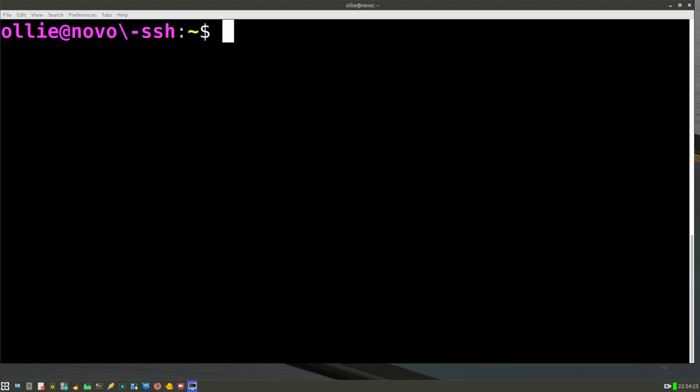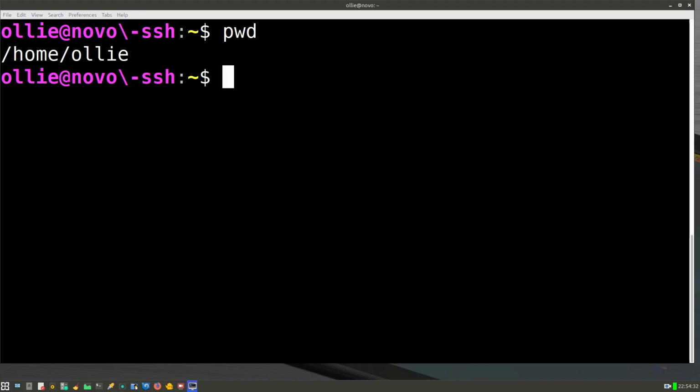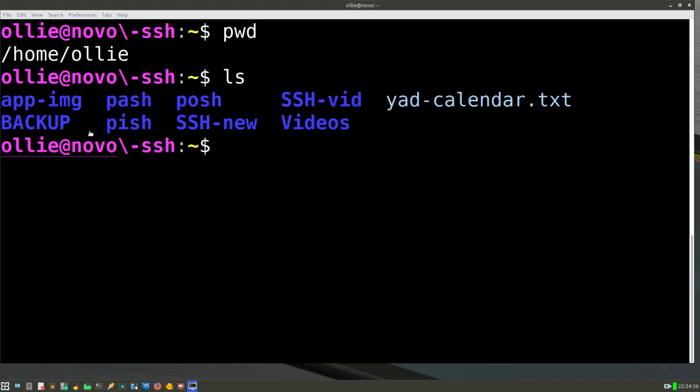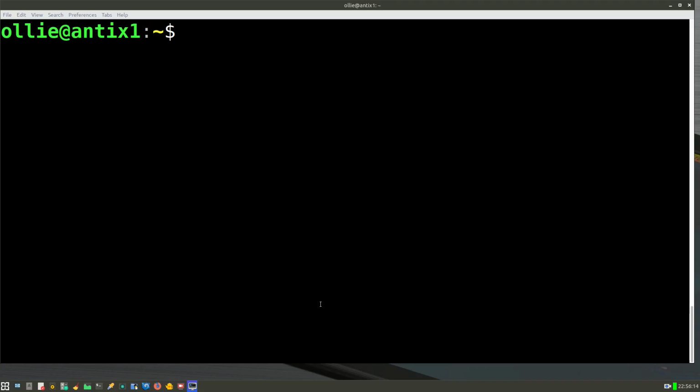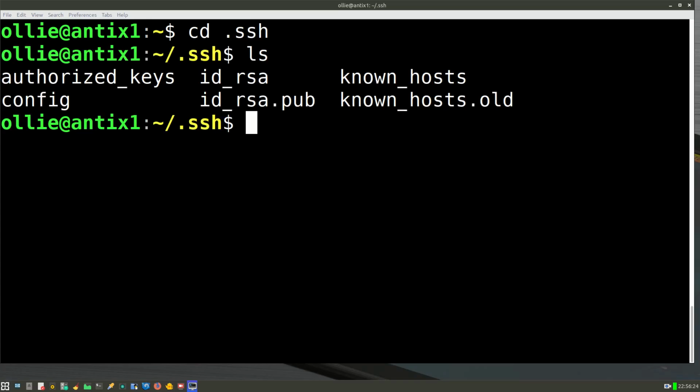And notice now we're on the pink prompt. We're in the home Ollie directory, of course, so if we list that, we can see our folders that we put in before, pish pash posh. What we're going to do now is simplify the connection to Lenovo. So if you remember before, we went into the .ssh folder and the config file. So let's go into that,